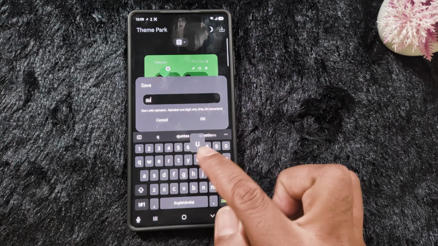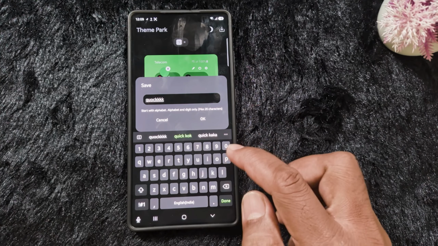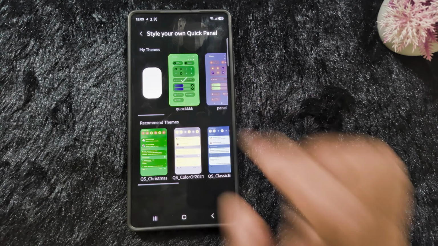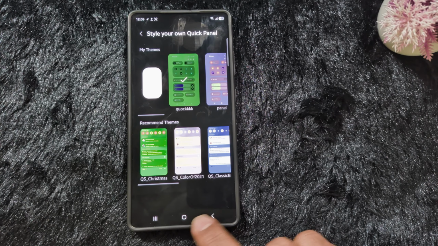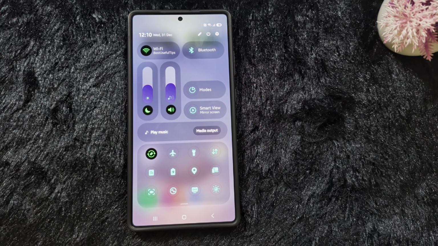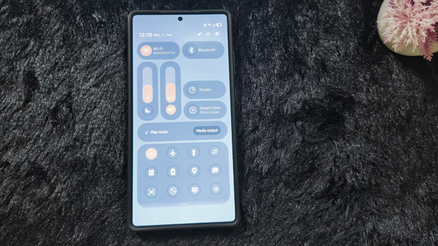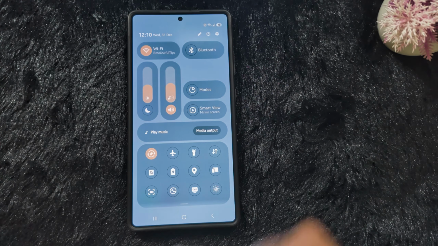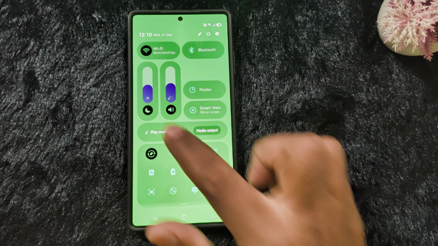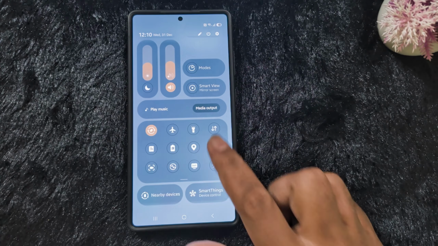So enter the name you want to set. Now tap on the OK button. Now set it. Just tap on it, and now you can see, just swipe down the notification panel, and you can see amazing quick panel customization with the color you want to set. When you tap on the light mode, it will change. So very important settings. This is QuickStar to customize the quick panel in One UI 8.5 on your Samsung